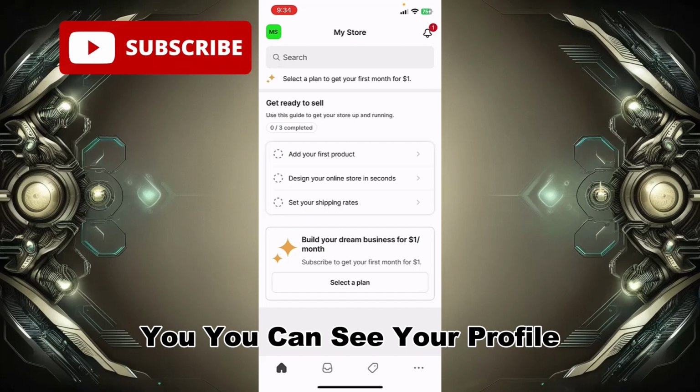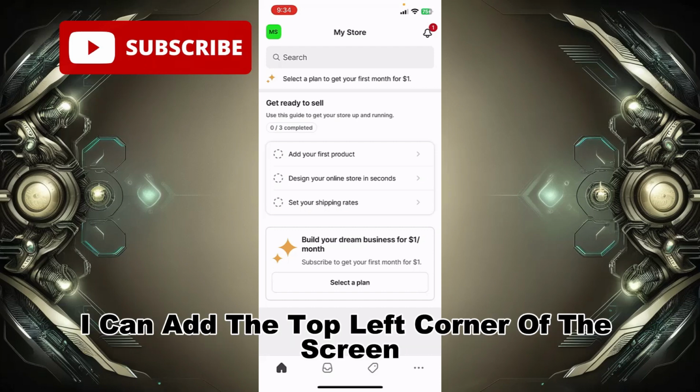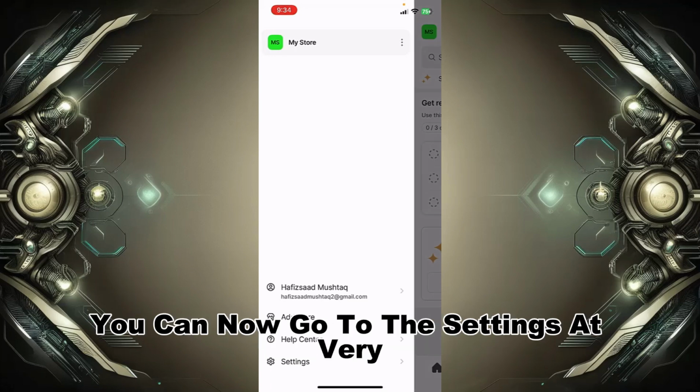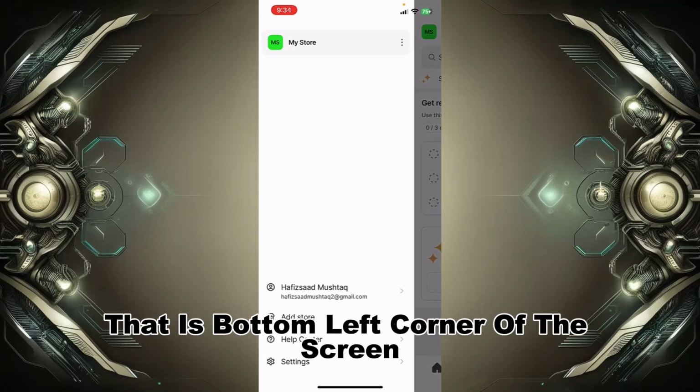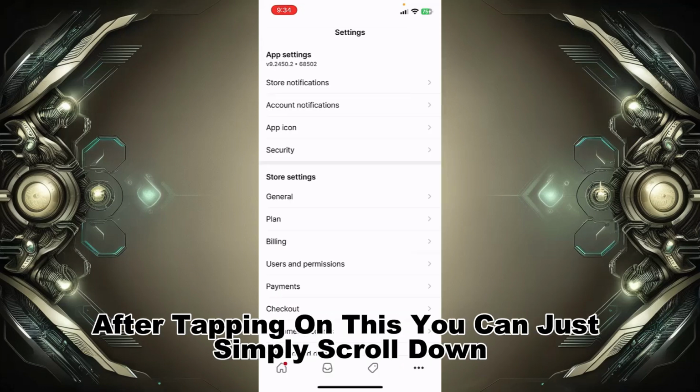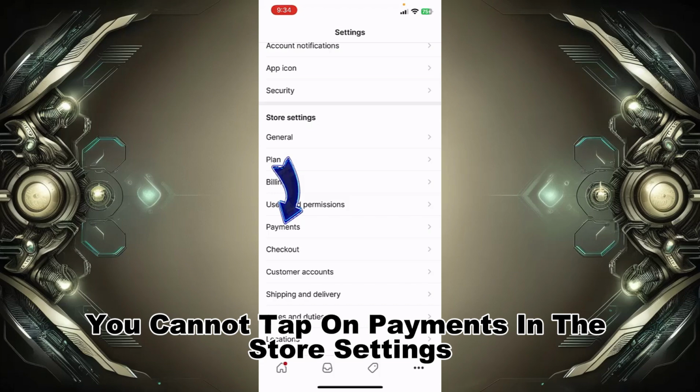After opening the app, you can see your profile icon at the top left corner of the screen. Just simply tap on it, and after tapping on it, you can now go to the settings at the very last, that is the bottom left corner of the screen. After tapping on this, you can just simply scroll down, and here you can now tap on payments in the